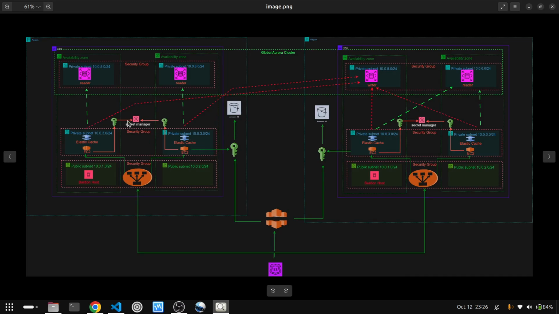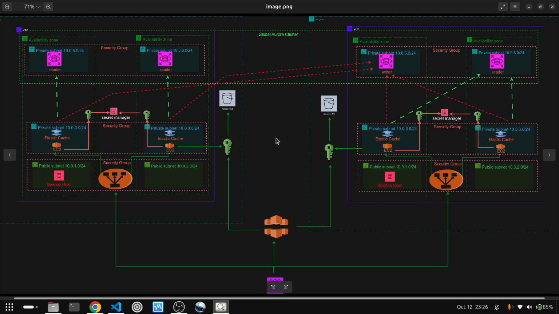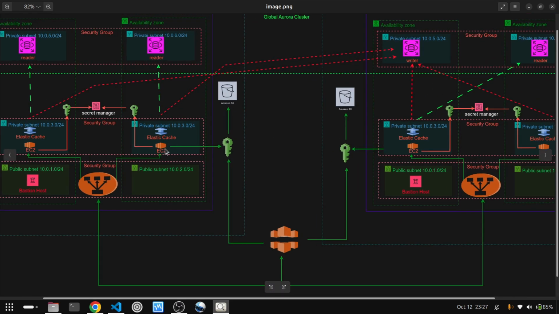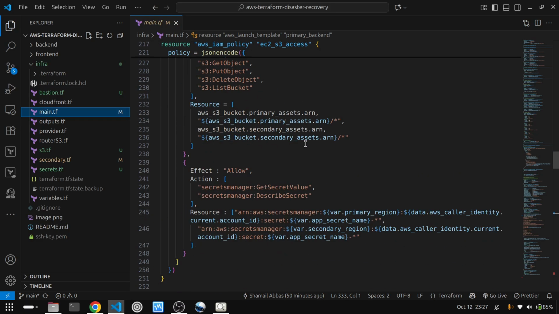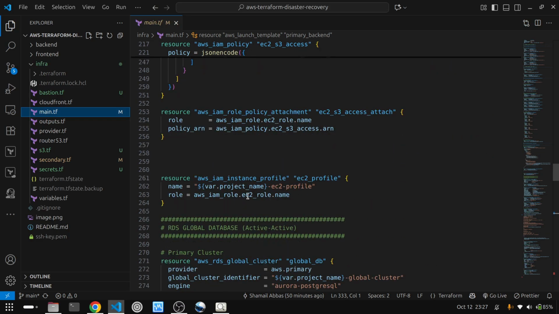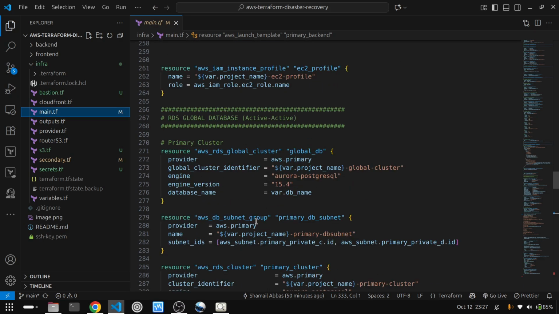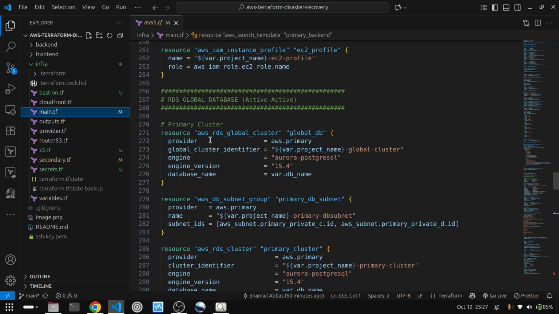S3 bucket as well as the secret manager, for that reason, let me zoom it, our EC2 instances need access to the S3 bucket as well as the secret manager. That is why we have given these permissions here in this IAM policy, and then we have attached this to the instance profile. And then the really important thing to understand here is we have created a RDS global cluster, and